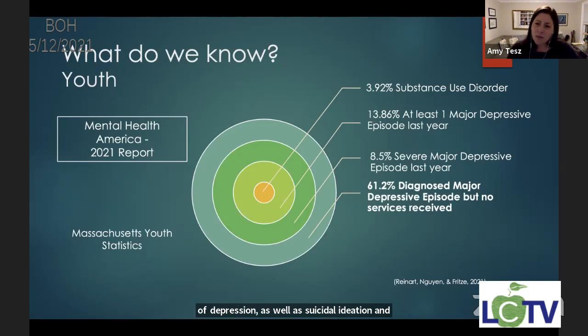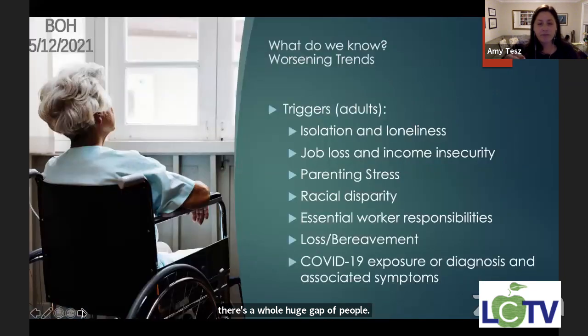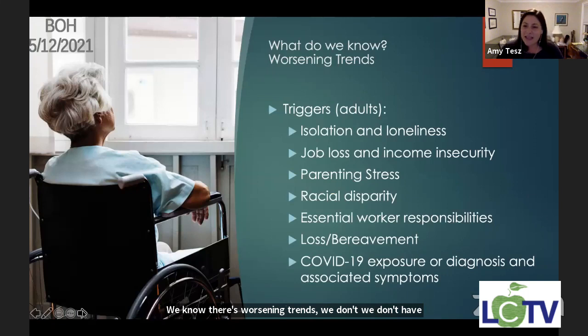And of those people, 61.2% with depressive episode didn't get services that they needed. So there's a whole huge gap of people that need care and aren't getting it. We know there's worsening trends. We don't have a lot yet to tell us about exactly, very clear pictures about how the pandemic is impacting